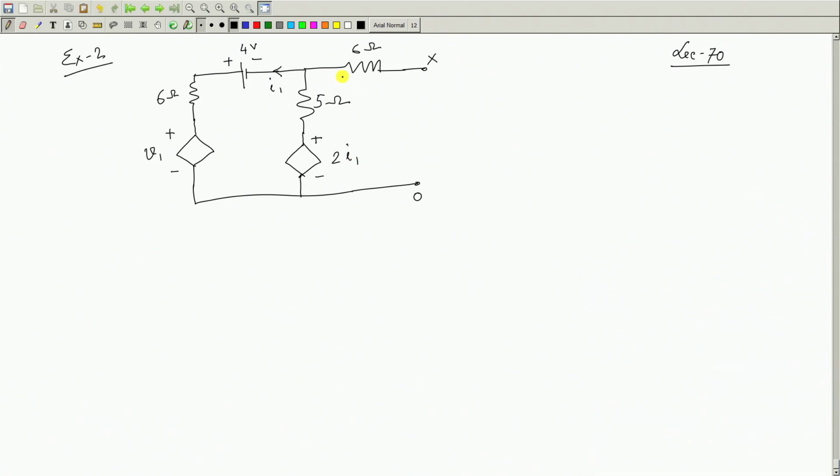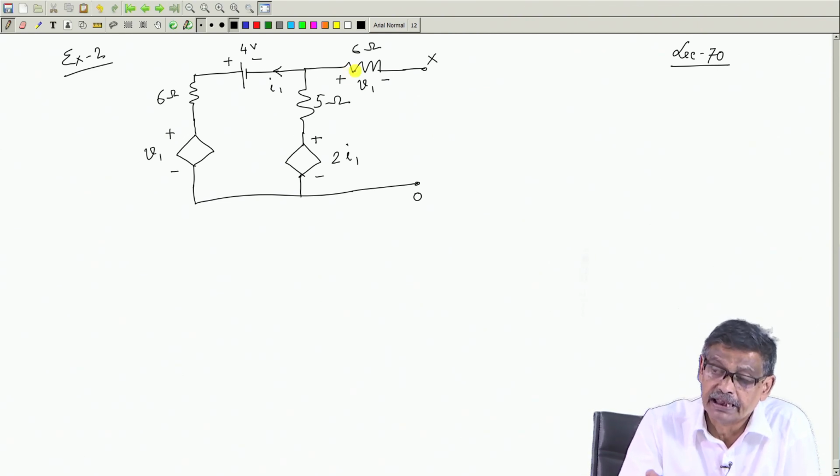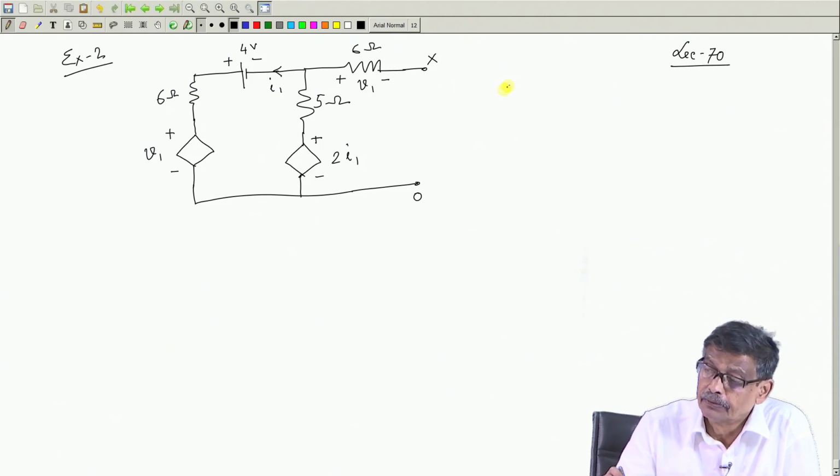And this voltage is V 1 with this polarity. That is, whenever there will be a voltage across this 6 ohm resistance, in this branch a voltage with this polarity, this is plus, this side will be also plus, will appear in this network. And suppose you connect a 10 ohm resistance here, find out the current in the 10 ohm. So, I was telling you that better you find out the Thevenin's equivalent of this network. Of course, without finding Thevenin's equivalent, you can find the current in any branch you like with these two terminals connected with some impedance, that is always there. But let us try to find out Thevenin